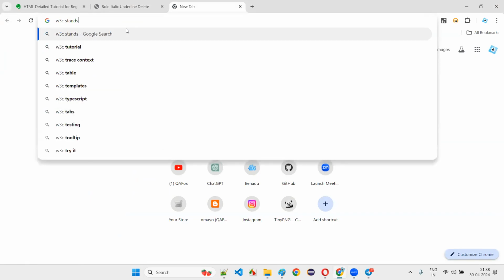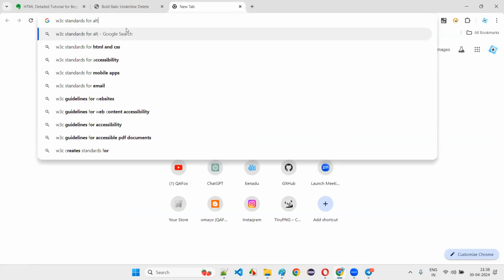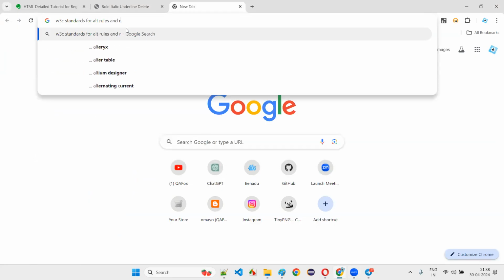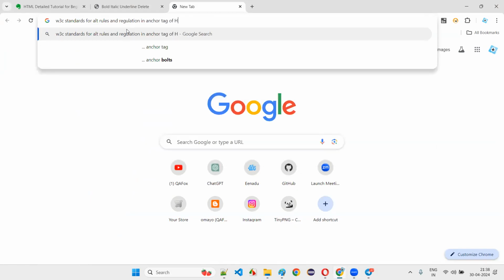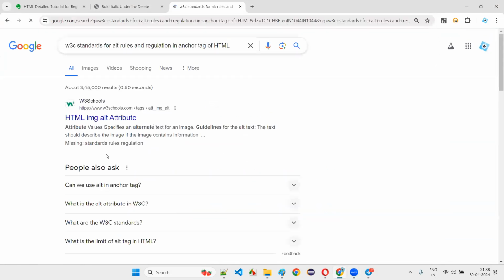W3C.org standards. That organization is all about standards, rules and regulations for alt in the anchor tag of HTML. Let's see what the answer will be.